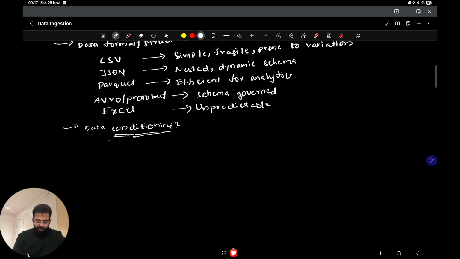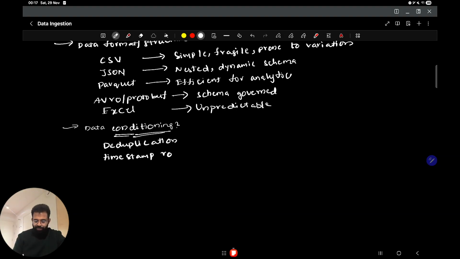When I say conditioning, you need to think about whether you need to deduplicate the data. You need to address any duplicates coming in and have a strategy for handling those duplicates, and then you need to see if you have to do some kind of